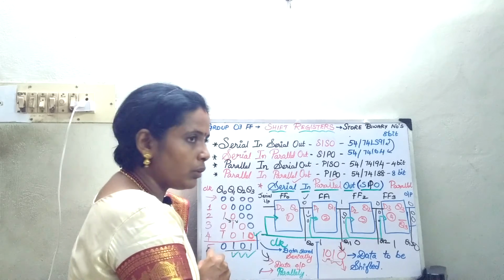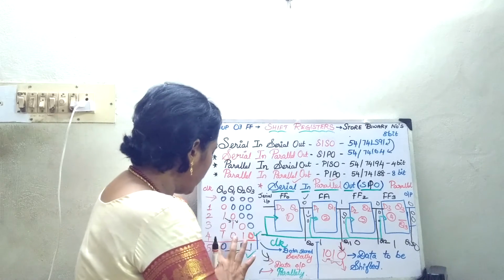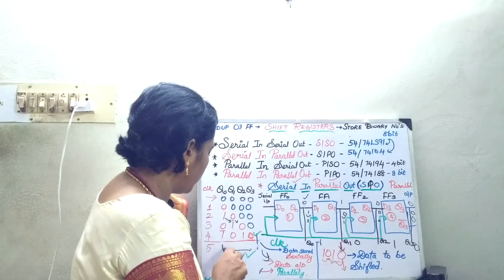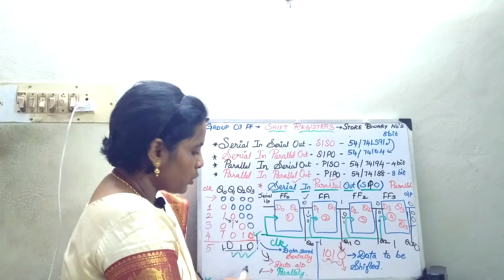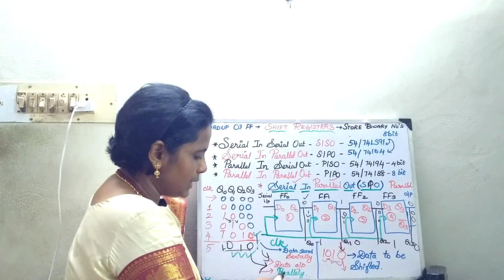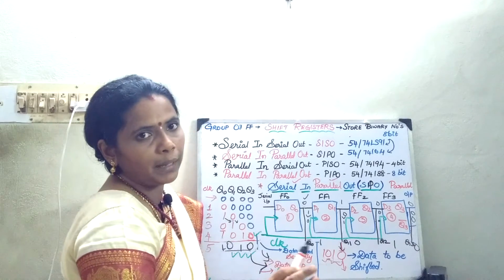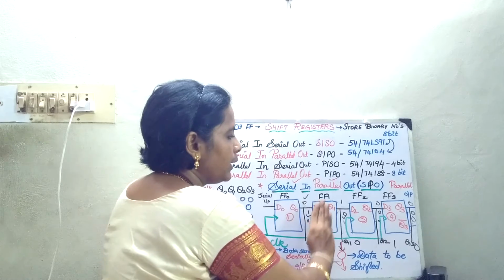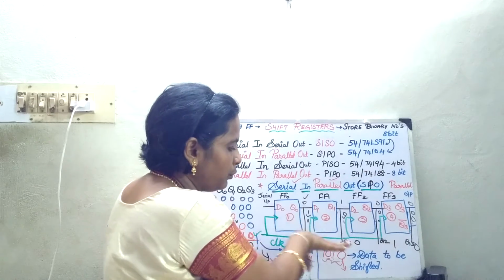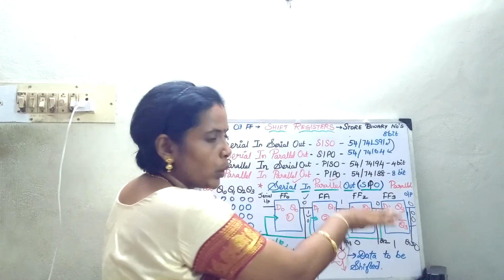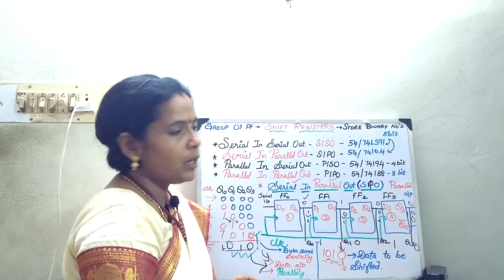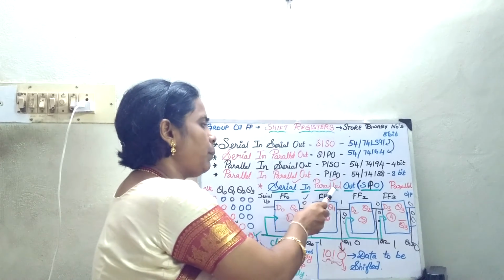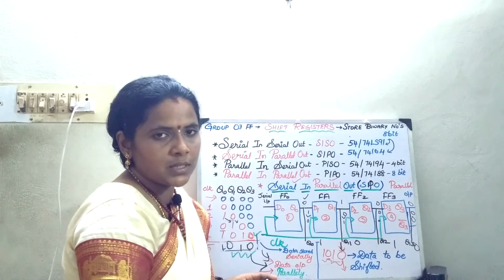So when I give the 5th clock pulse, it is not going to be serial, it is going to be parallel. So at the end of my 5th clock pulse, the data is going to be output parallelly. So it requires 5 clock pulses: 4 clock pulses for data entering serially and at the 5th clock pulse the data 1010 is going to be popped out. That's why it is called a serial in, parallel out shift register.